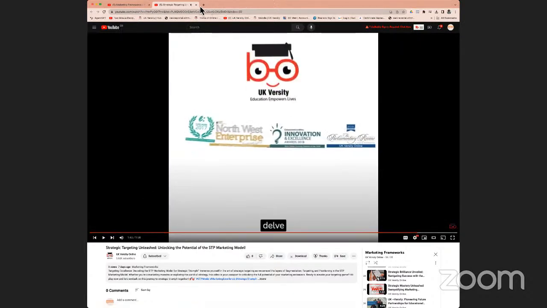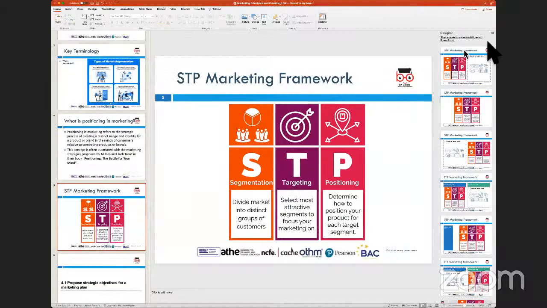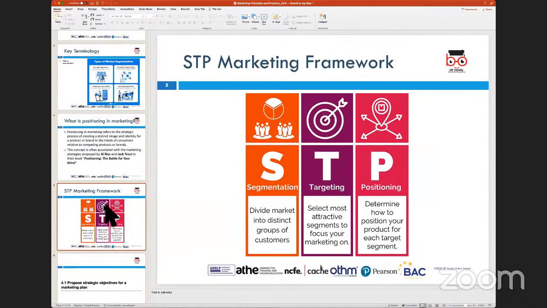As you can see, basically this particular framework talks about why companies need to identify the consumer and the market, and how they would go about doing the messaging to that consumer, which remains very important. Now, in terms of Al Ries and Jack Trout's positioning model, they proposed that positioning is not to do anything about the product. It is about positioning the benefits and the attributes of the product in the minds of